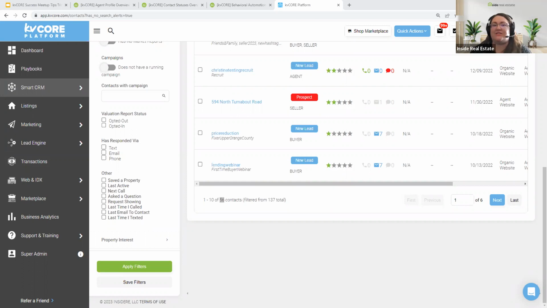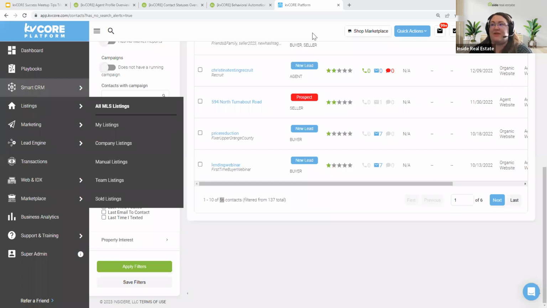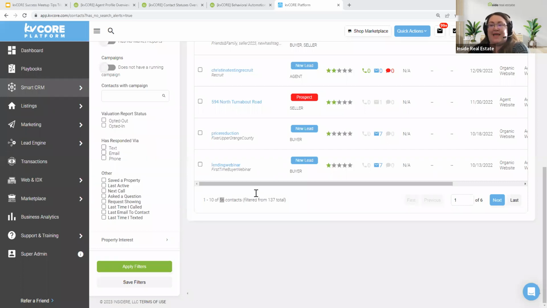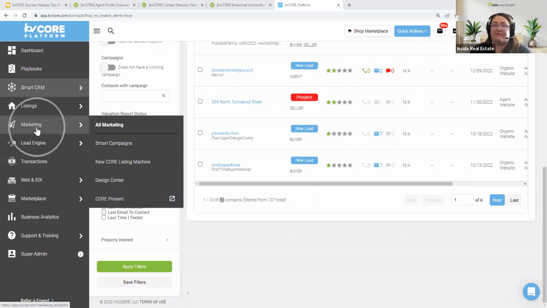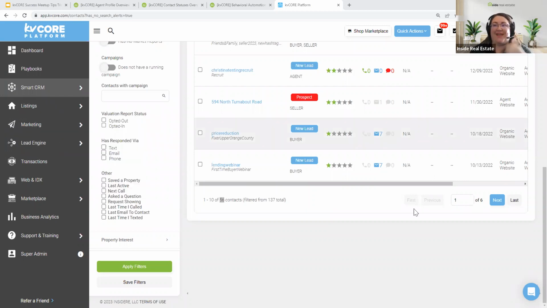Again, lots of strategies. You can individually add a search alert. You can send them an email to get them to go to your website to look at a search alert from there. You can also mass add a search alert by pre-creating one in the marketing section and then adding that hashtag to people. Then it's going to start just sending them search alerts. Okay, so that's tip one for maximizing your daily call creation list. Put everyone on search alerts.